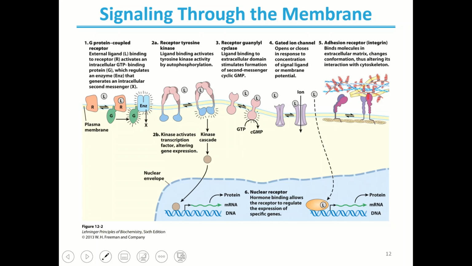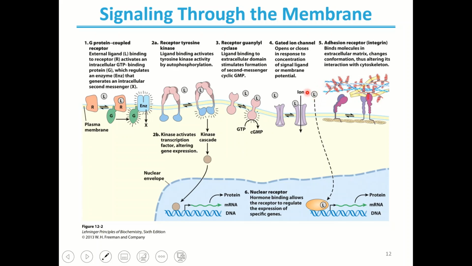Number 5, adhesion receptors or integrins. These are a little bit different. Their ligand can be very large, the extracellular matrix. That changes a conformation, and that change in conformation is transduced through the membrane into the cytoskeleton. And then finally,